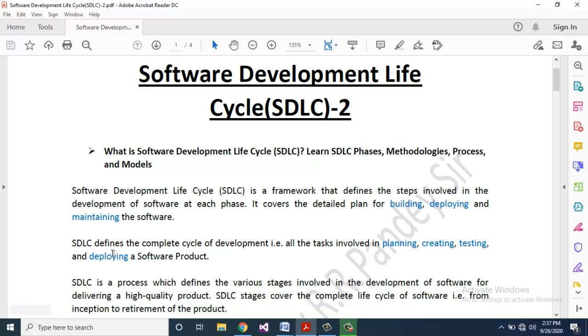SDLC defines the complete cycle of development, that is all the tasks involved in planning, creating, testing and deploying a software product.